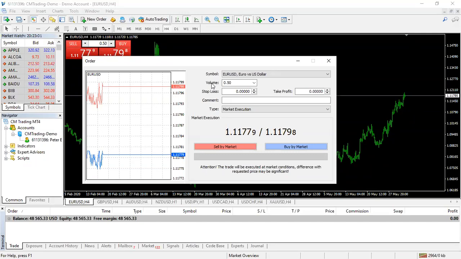So the easier way is, for an account with $1,000, you use a volume of 0.10, okay, for all the currencies. Then for an account with $100 you can see that it is 0.01, then it goes up. But that is just the big picture, or that is just the easy way to do it. So what you need to understand now is the term volume, or what you need to understand when it comes to volumes is